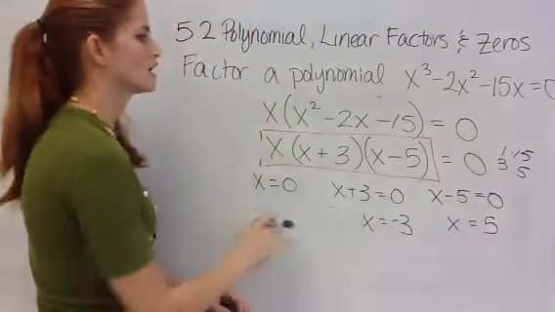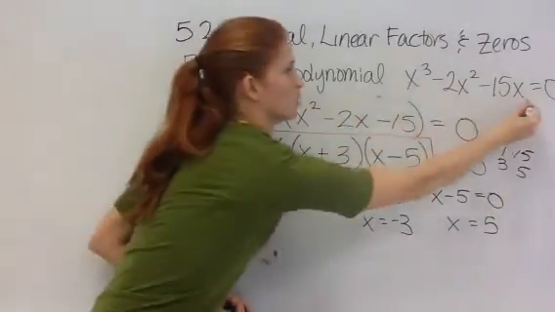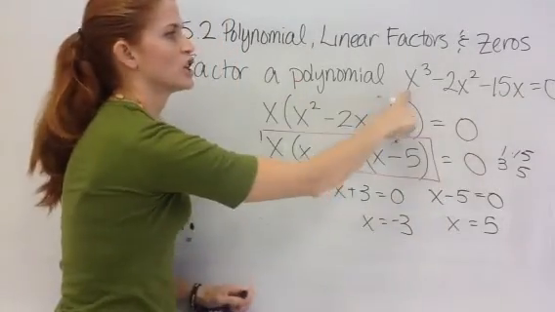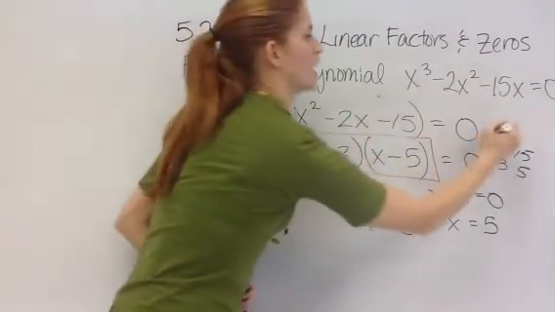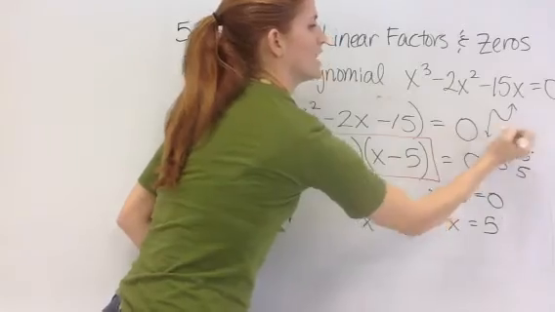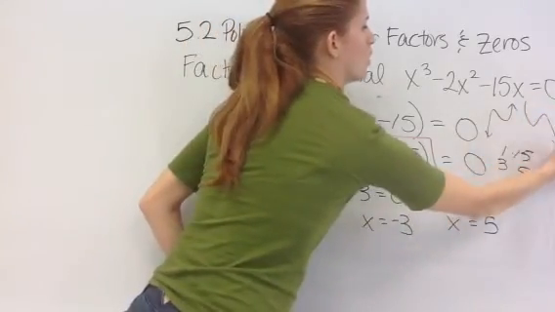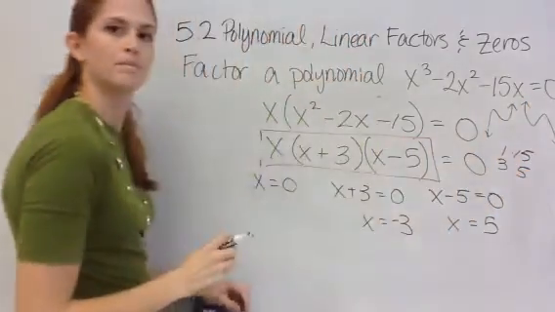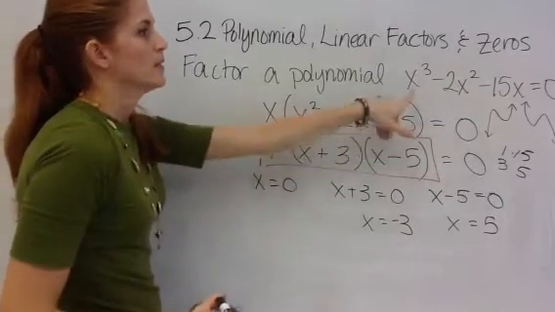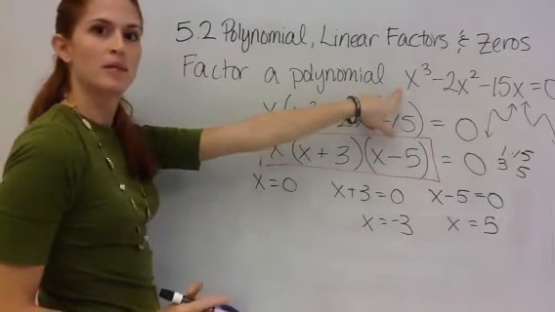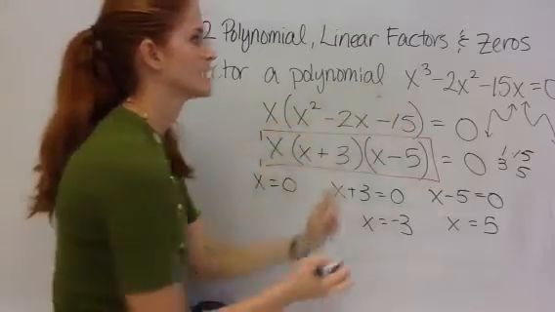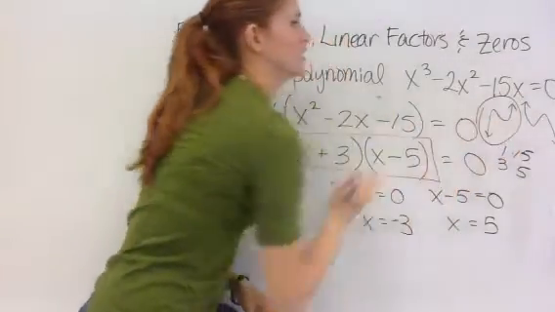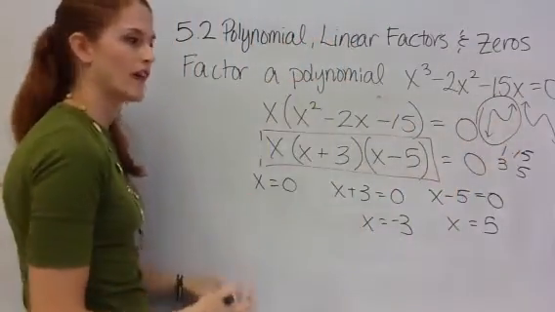So we've already talked about how to graph this one right here. This is a cubic, which means that our graph looks like this, or the graph looks like that. Because this is a positive number here, our graph is going to be looking like this first one. Now that I know that,